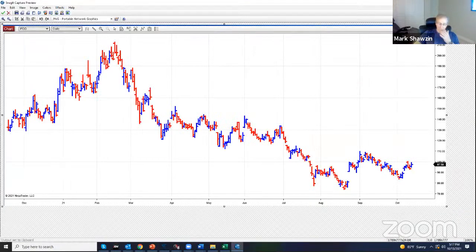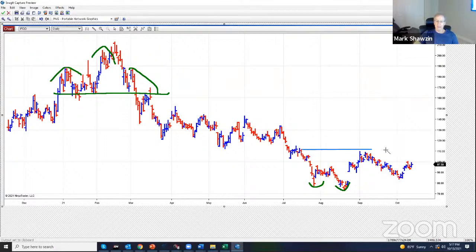So this to me is also a conflict where you get this giant head and shoulders, which seems like that's dictating. You see, in here is this bottom, and I don't quite know if this is going to turn out to be a bottom. We'll see. If we start coming above these highs at 110, this will be like a cup and handle. So the market puts out all kinds of patterns, all kinds of price action.